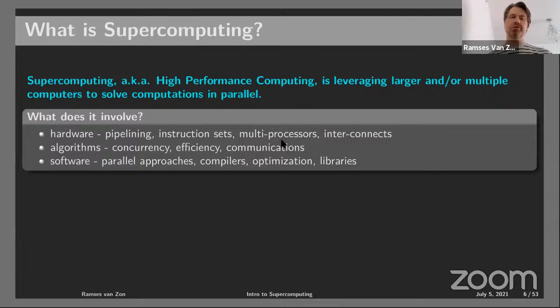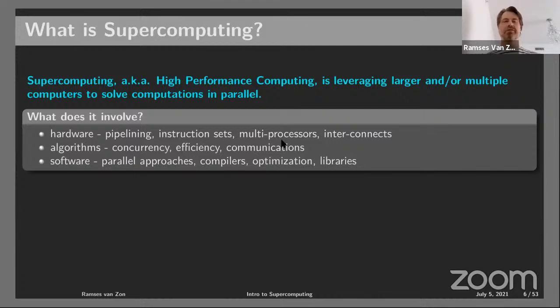So this involves a number of things. It involves special hardware to make computers that are bigger, because if they could make a computer that is efficient enough or fast enough for your particular application, they would. So it's specialized hardware, specialized software as well, but also special algorithms. The way you have to use these machines is often running things in parallel. We will see that supercomputers are not computers that are 1,000 times faster than, say, your laptop, but they're 1,000 times bigger, by basically having more computers interconnected.